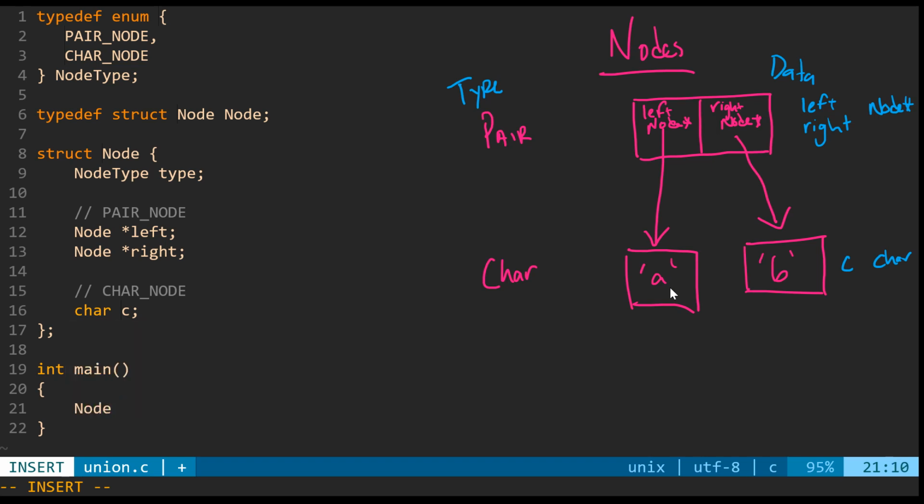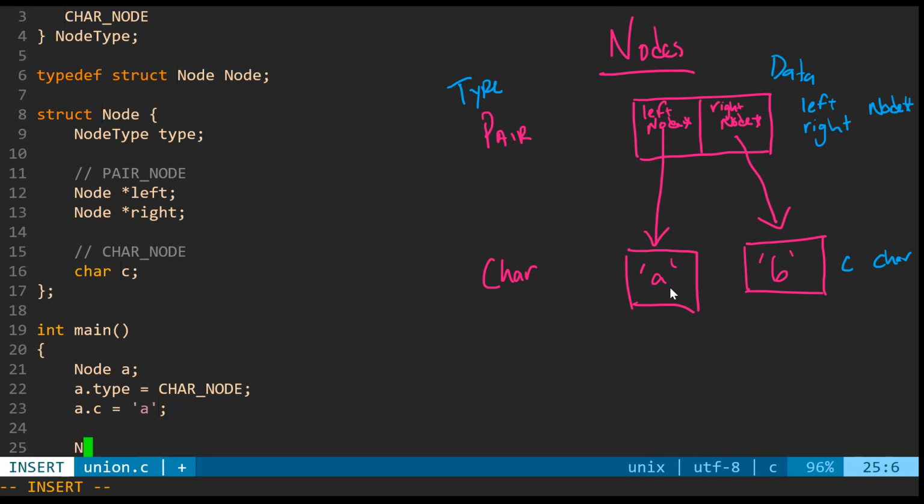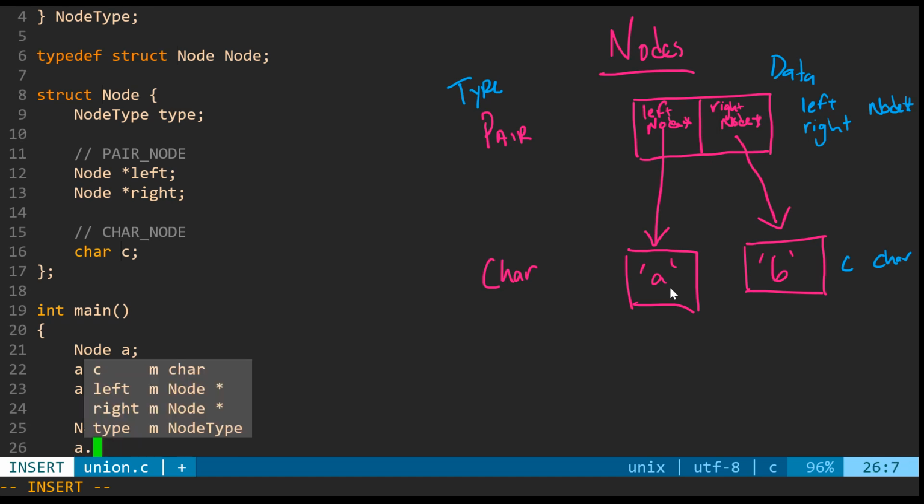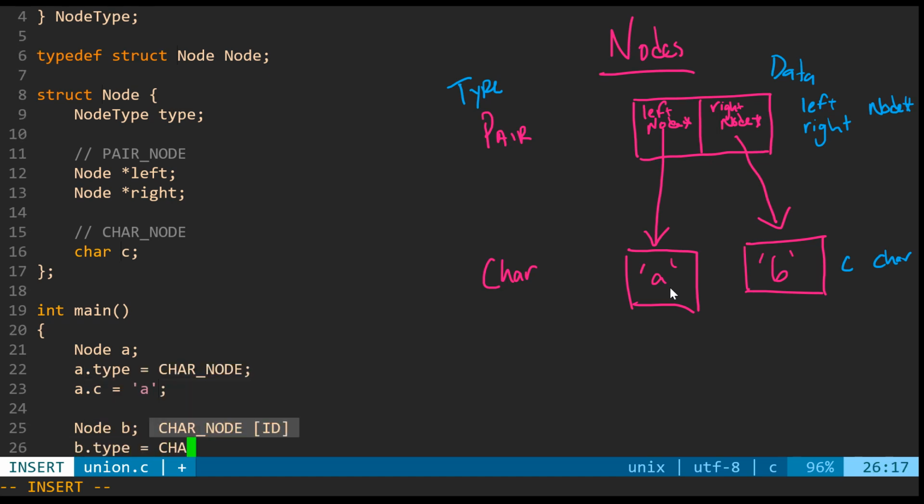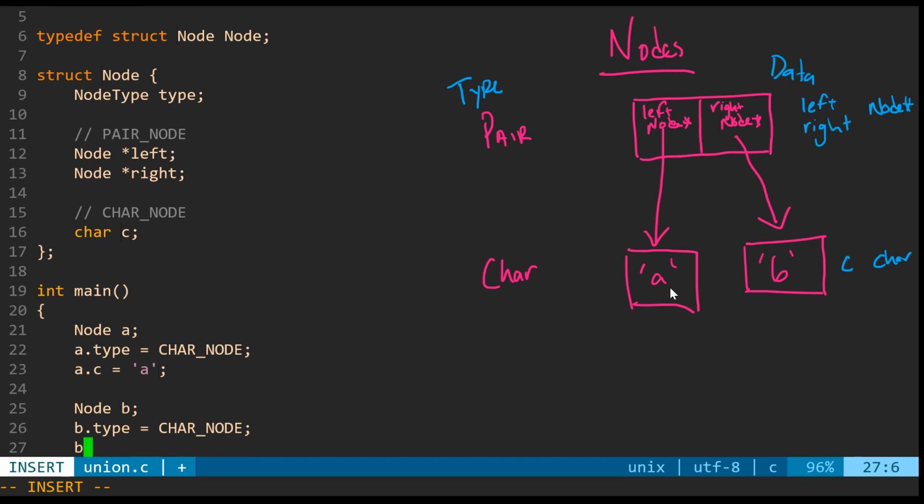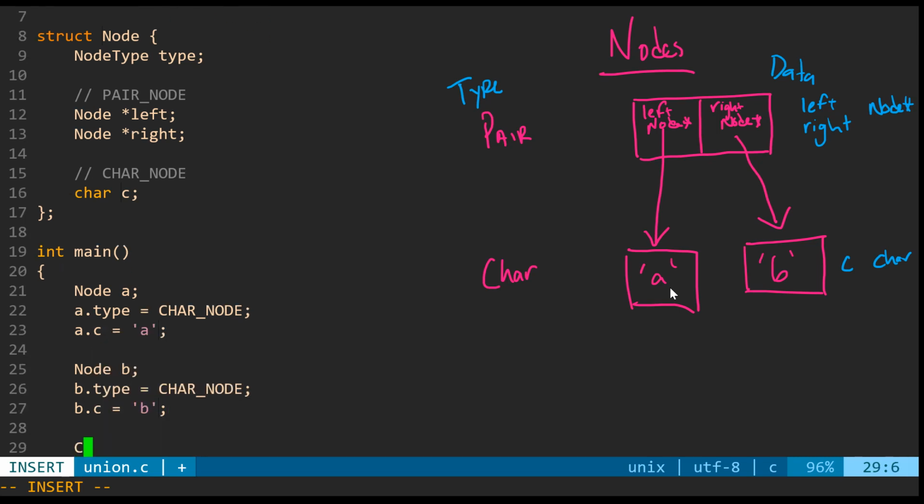So we're going to have a node of A, and A.type is going to be a char node, and A.c is going to be the character for A, which is just A. And we're going to have a B node. B.type is going to be a char node, and B.character is going to be the character B. And lastly, we're going to have another